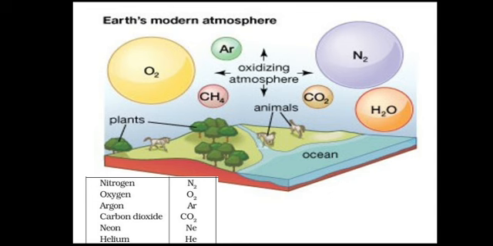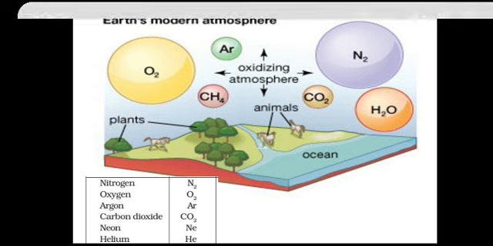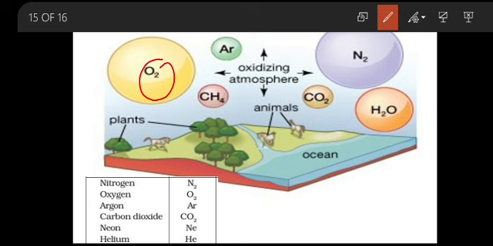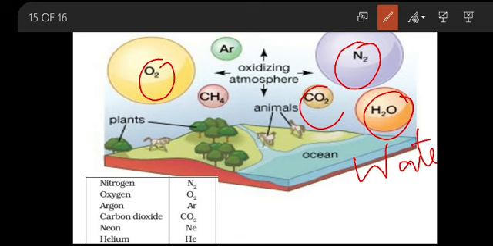So, these are also elements, as you know: nitrogen, oxygen, argon, carbon dioxide. These are also the elements present in the periodic table. Here, can you see O2, N2, H2O is your water, CO2, Ar, CH4. So, these are all the molecules or atoms present in the atmosphere. They will react with the object. Okay, my dear children, now did you all get to know that there are molecules present in the atmosphere also? Yes.